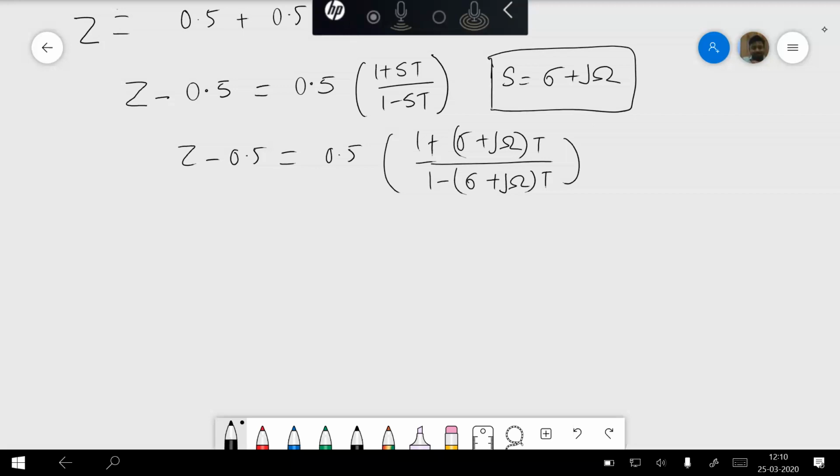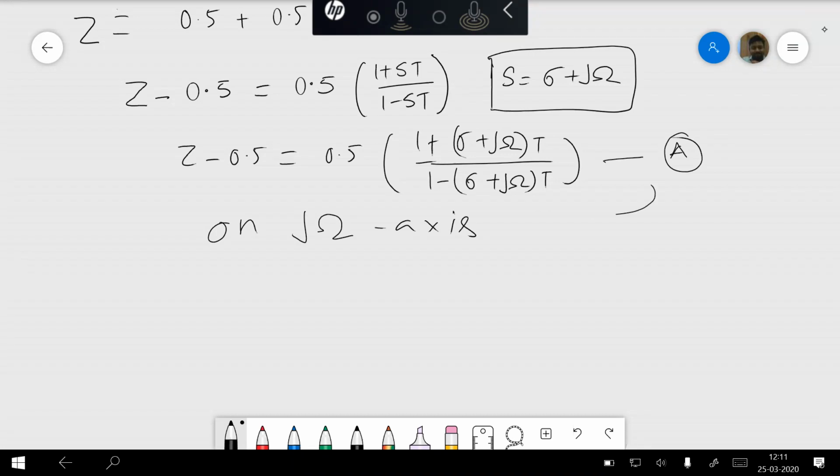Now our aim is, if you remember the mapping of the S plane to the Z plane, that the left half goes inside the unit circle, the right half goes outside the unit circle, and the j omega axis goes to the perimeter of the circle. This is what we discussed in the last class. Now suppose I am going to evaluate this equation, let this be equation A, on the j omega axis, that is the y axis, right?